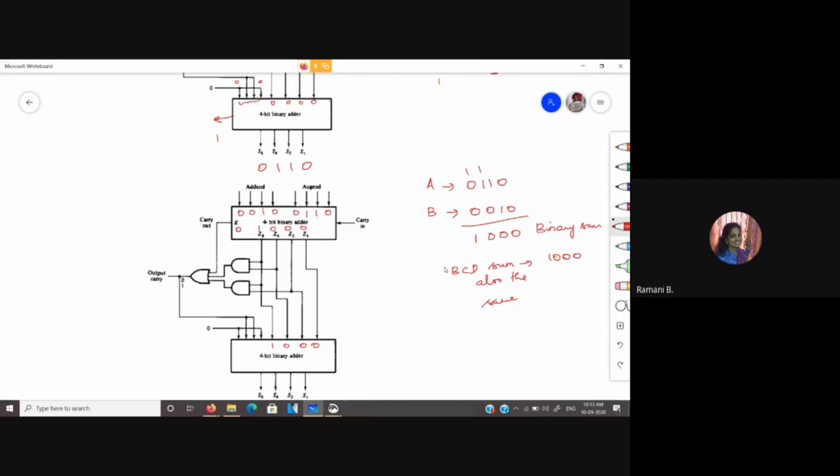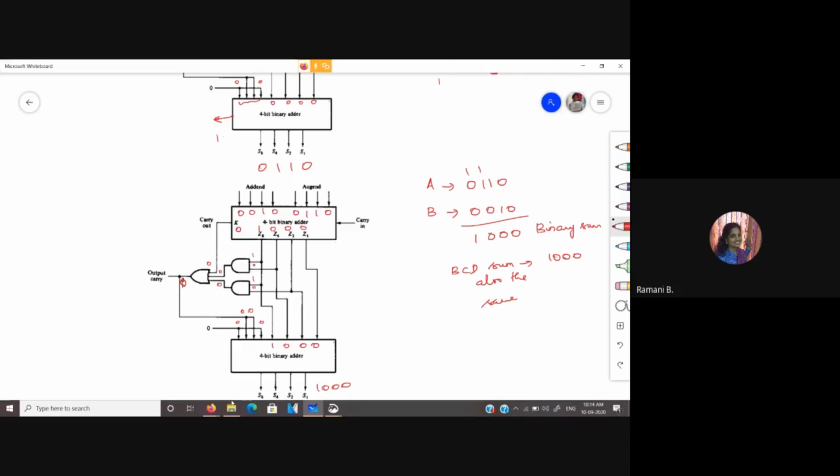So this K value is 0 and here the AND gate will be having 1 and 0. So the output of this AND gate is also 0. And for here you have this to be 0 again. This is 1 and this is 0. So this AND gate output is also 0. So the OR gate will give you the output of 0. So this will be adding 0, 0, 0, 0. And you get directly the BCD sum 1000.